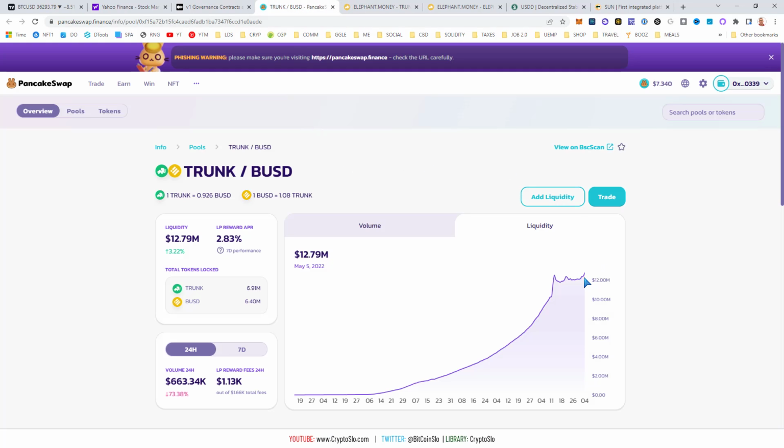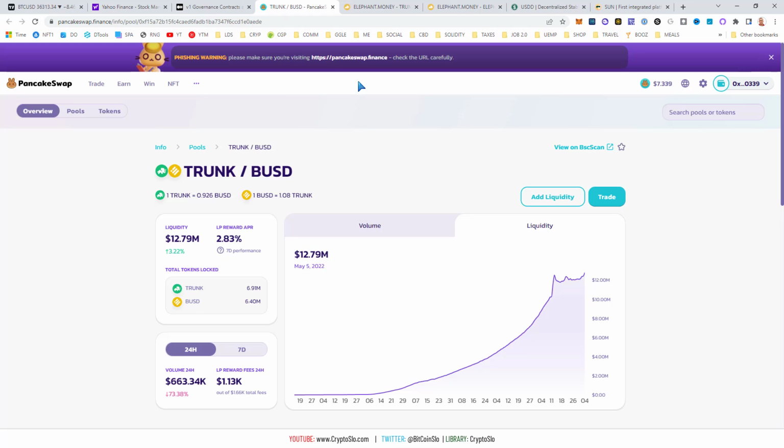Health-wise, liquidity continues to grow, sitting at 12.79 million. Peg is almost to 93 cents. So we told people, we said, hey, Trunks is on sale. Be patient. Patience, grasshopper. It's just a matter of time. The strategy contracts had to be tweaked a little bit, making the system even better than it was before. And I don't really see a problem. This will continue to gain health as the system charges forward.